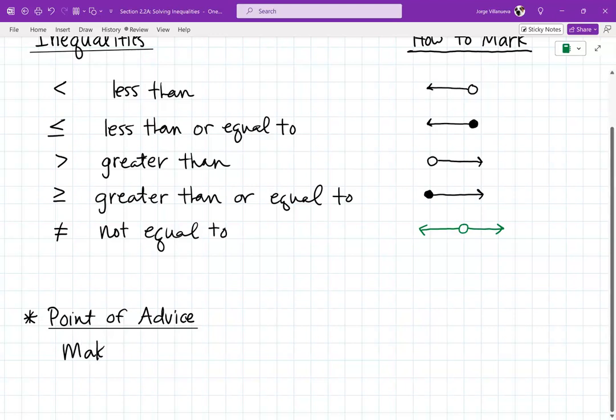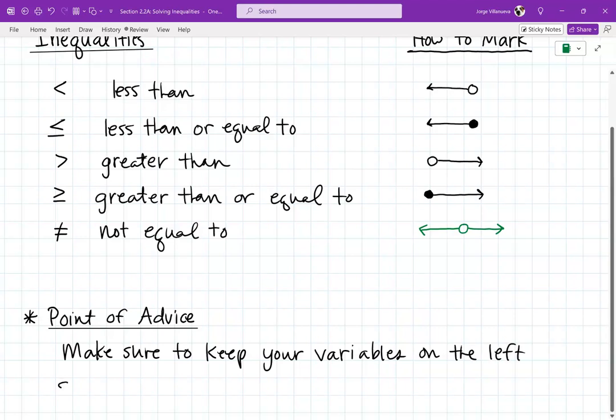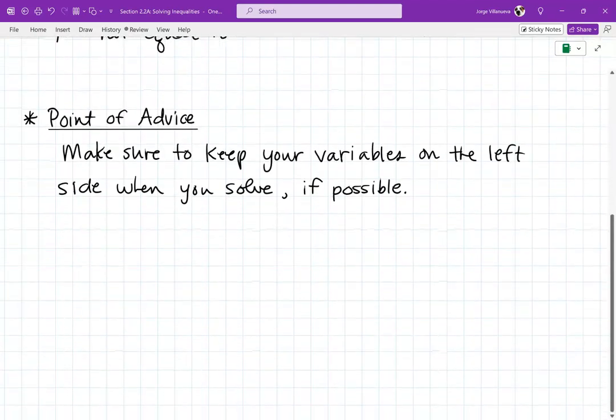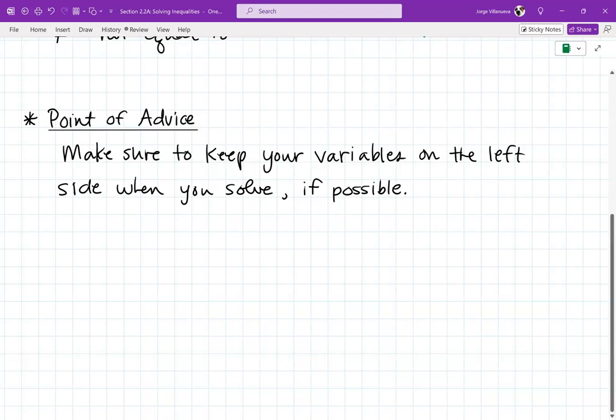Make sure to keep your variables on the left side when you solve. I'm going to put right here, if possible, because sometimes it's easier just to leave it on the right side. Okay? But if you can keep it on the left side, then all you have to do is follow the